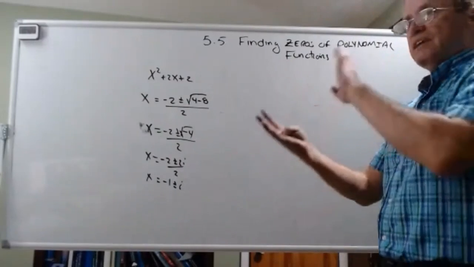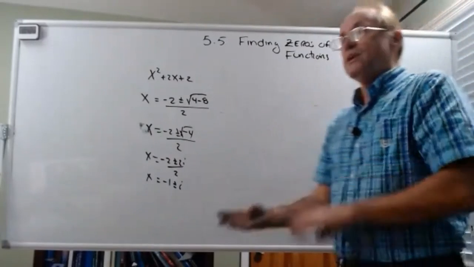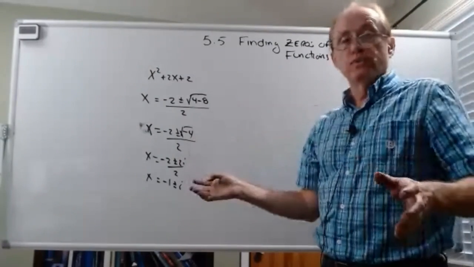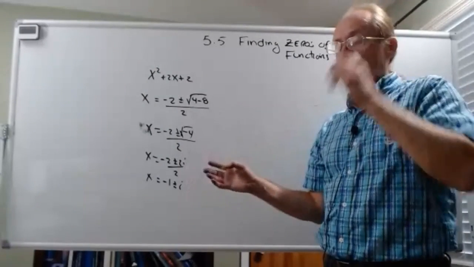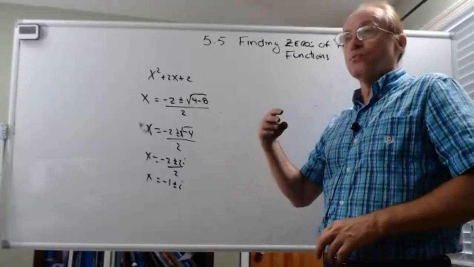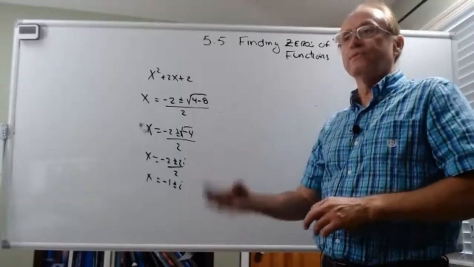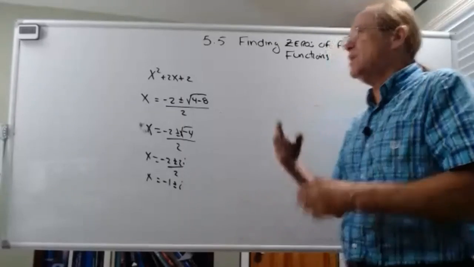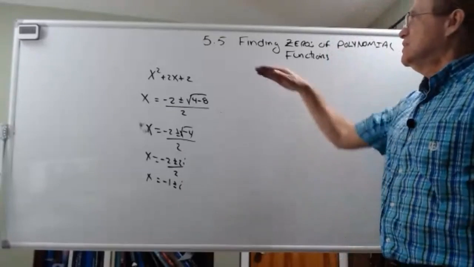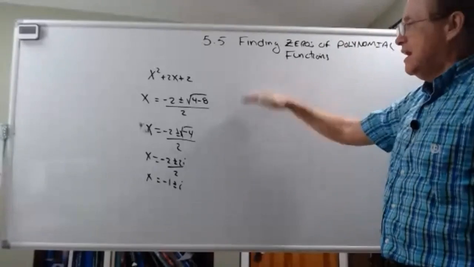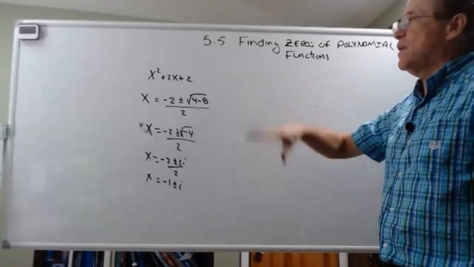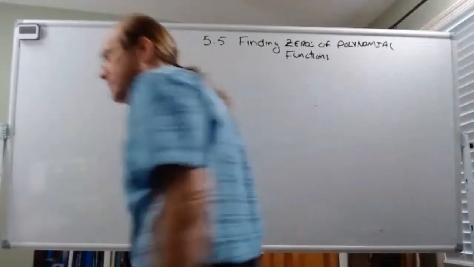If it's fourth degree, it has four roots. It could have no real roots at all. If it has one root, it has to have two. If it has three, it has to have four. They have to occur in conjugate pairs. That's why if you read through the chapter, there are all those little hints about understanding what you have and how it guides you. Okay, so that being said,